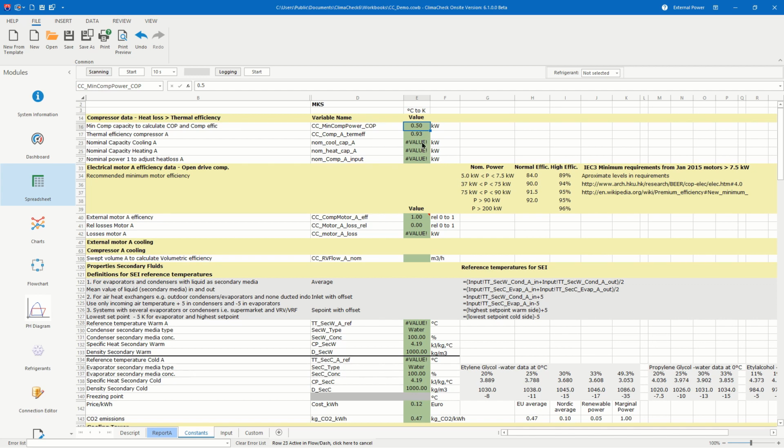The other constant is the thermal compressor efficiency. This is by default set to 93%, and this is a good and validated percentage for compressors without any additional cooling. But if you have any type of additional cooling of the compressor, you need to adjust this constant. And for example, if you have a top mounted fan, or if the compressor is placed in a draft from, for example, a condenser fan, and